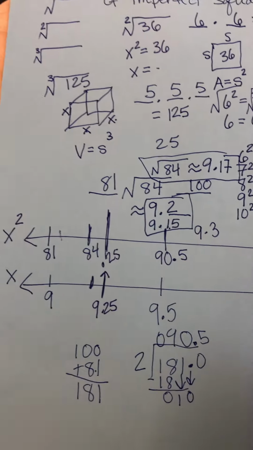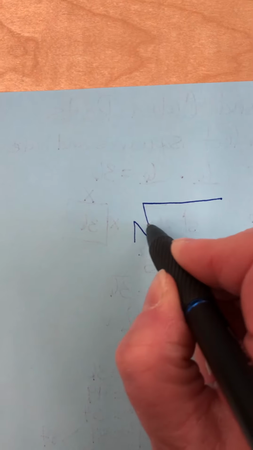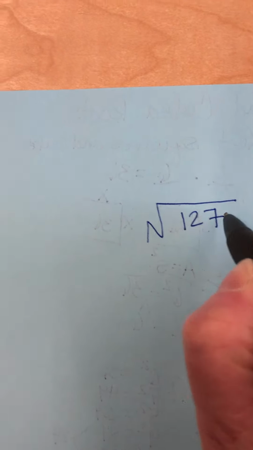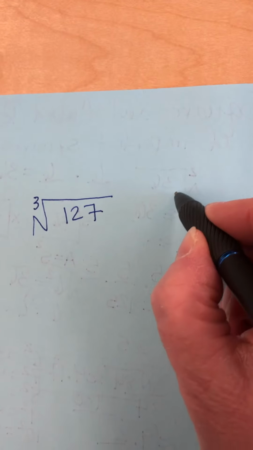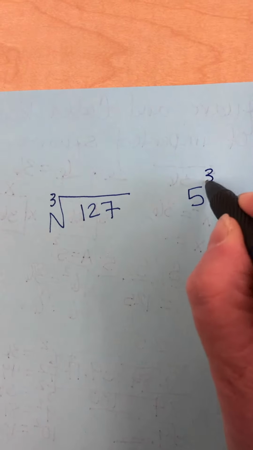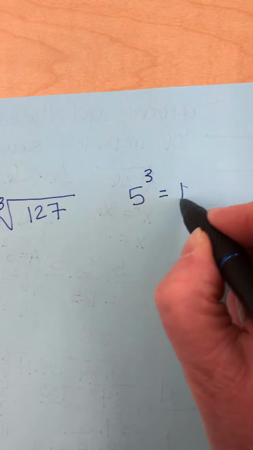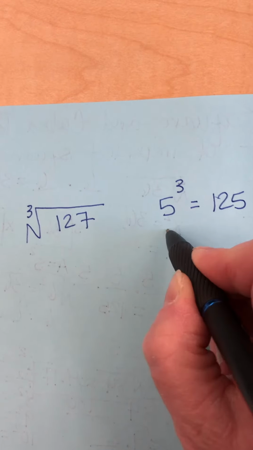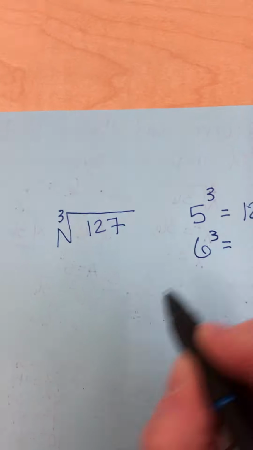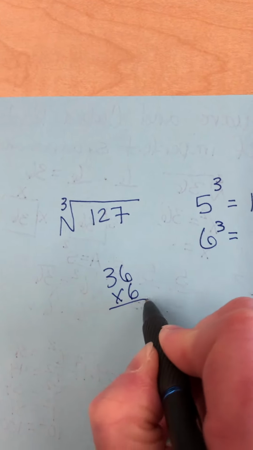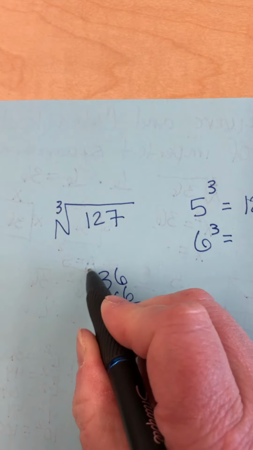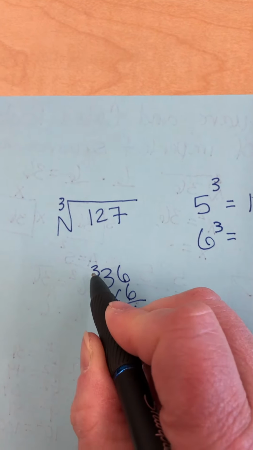Okay, cubed roots are pretty much the same concept. I'm gonna turn this over. I'm gonna do something really close. Let's say I wanted 127, and I want a cubed root. And I need to do this by hand, and I'm gonna need to do like 5 cubed, which I know from the other side is 125. And then if I do 6 cubed, that's 6 times 6, which is 36, times another 6. So it's 36 here, carry the 30 here, 18, 19, 20, 21,